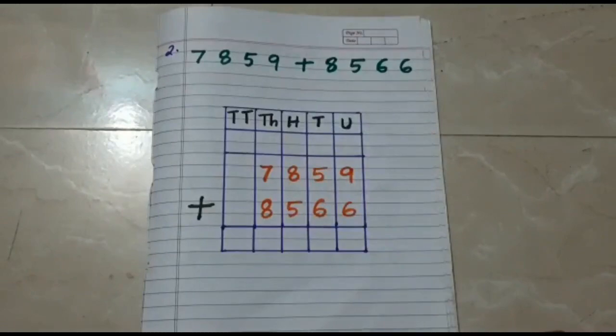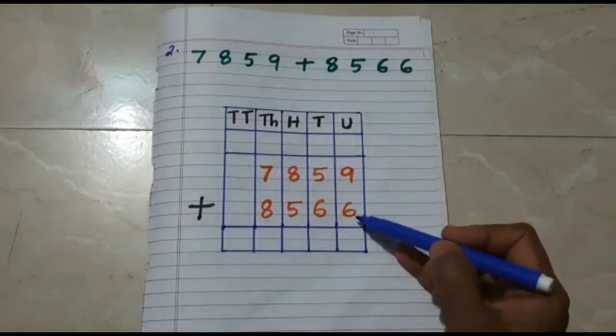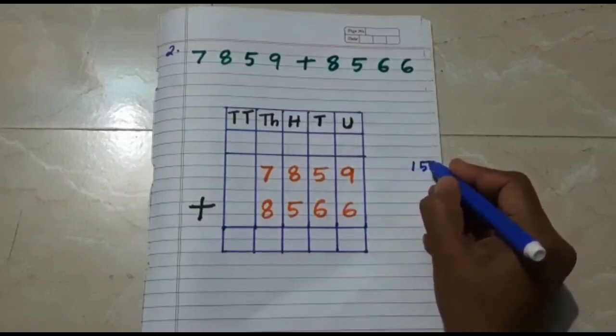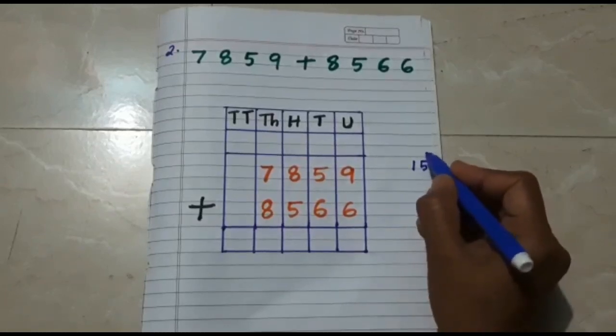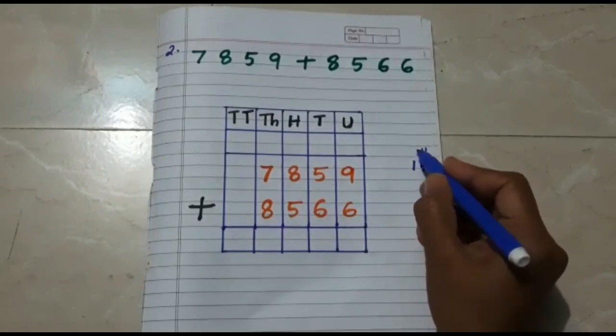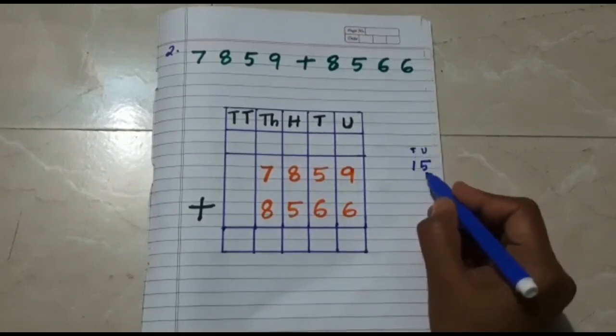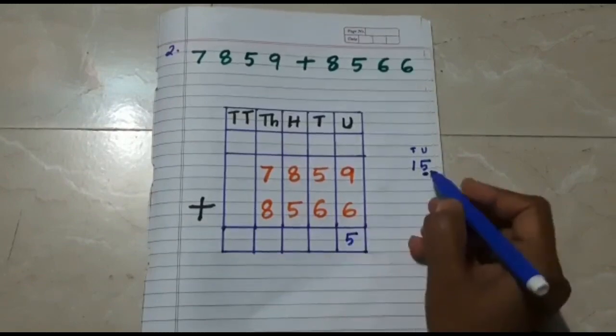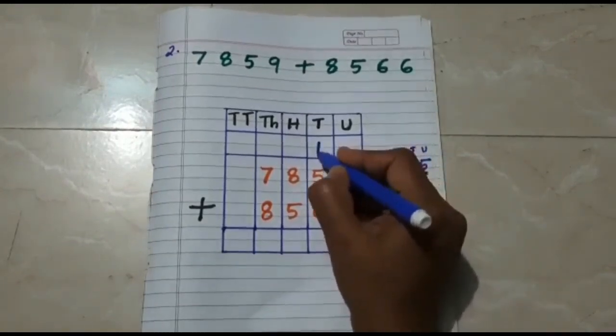Now let us start with the addition. As I have told you, very important thing, whenever you carry out the addition, you must always start from the units place. Now 9 plus 6 is how much, children? 9 plus 6 is 15. So in this 15, the place value of 5 is units and the place value of 1 is tens. So I am going to write the digit which corresponds to units place. So I will be writing here 5 and this one we are going to carry it over here.